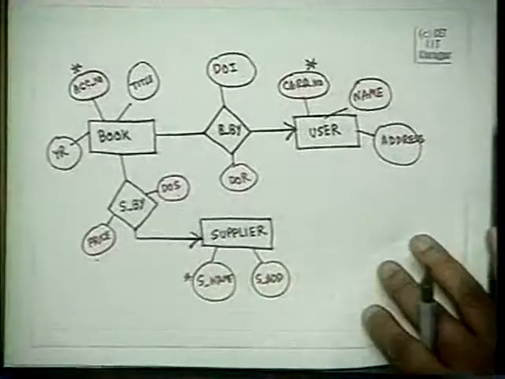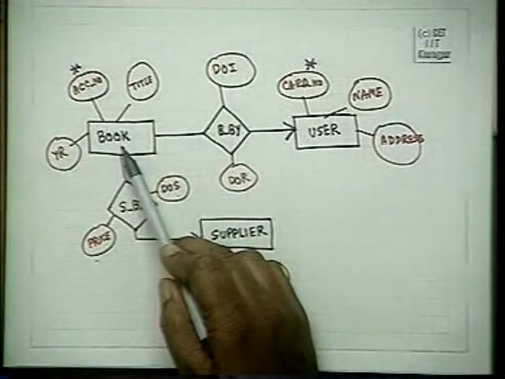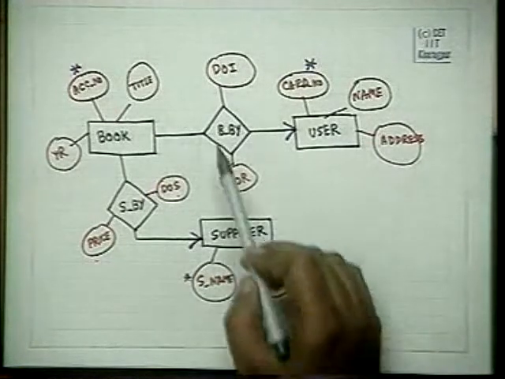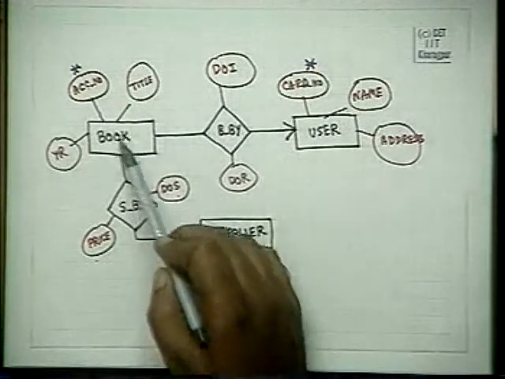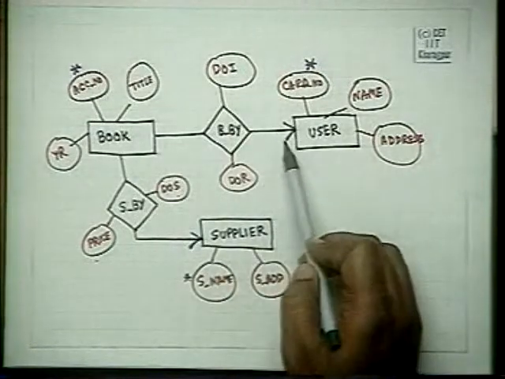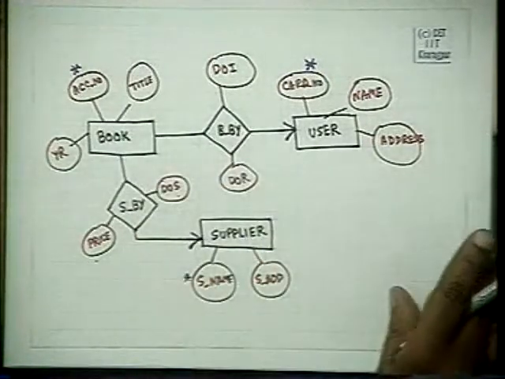And after we have designed the database using the ER diagram, we can convert it to the relational database model by getting a set of relations through the database scheme. We saw one example in the previous class. We saw the example of 3 entities in a library system: books, users, suppliers, a borrowed by relationship and a supplied by relationship. We had some mapping constraints and the key values, and we converted all of them into relations, and we got the following database scheme.